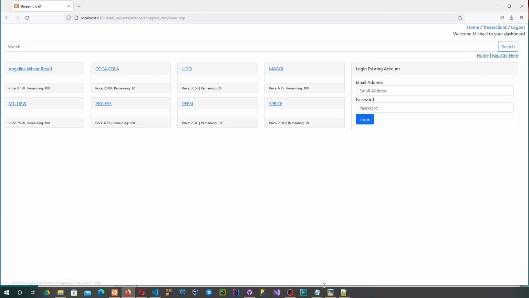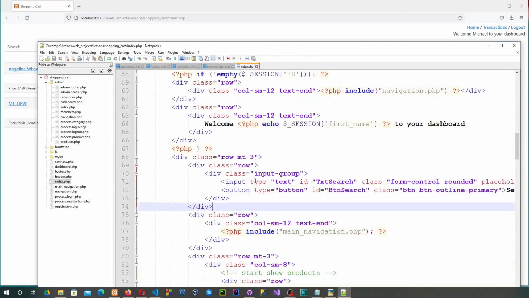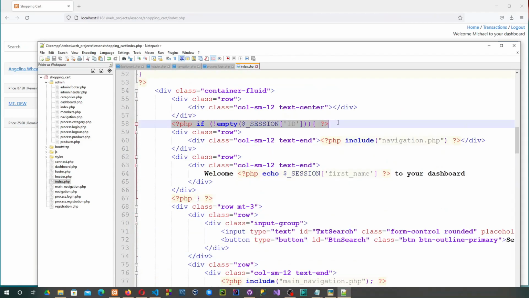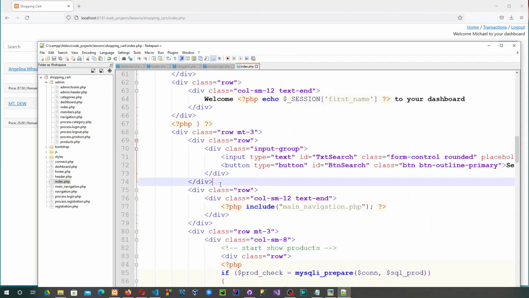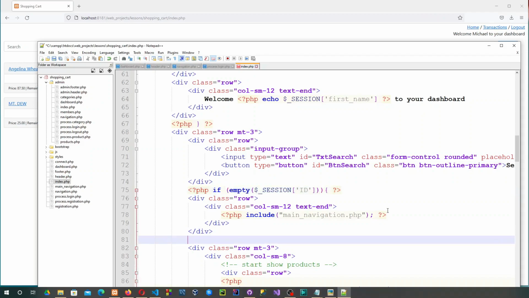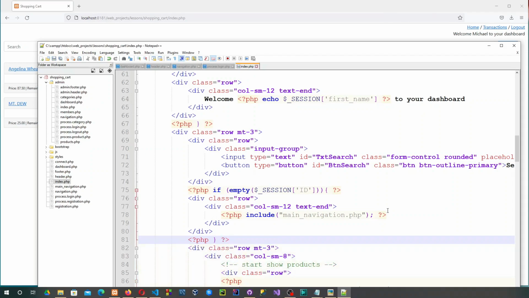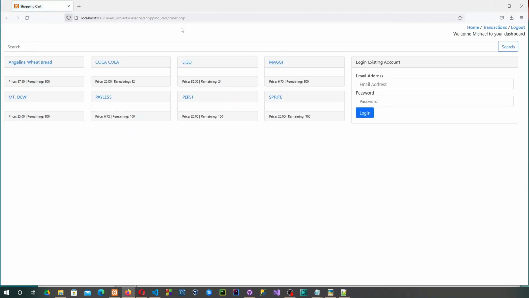Now, for our home and register, this is actually our main navigation. So we'll try to remove this part by adding this set of code. So we will only be displaying the main navigation if session ID is empty. Otherwise, we won't be showing it to the user. Try to reload the page. So it's already gone. We also try to do that with our login